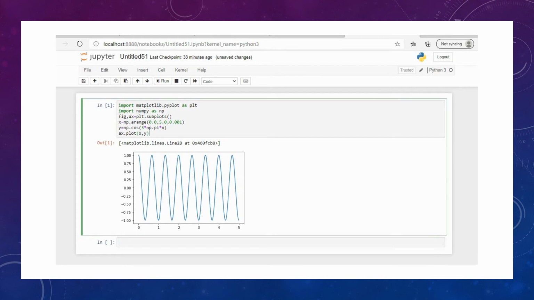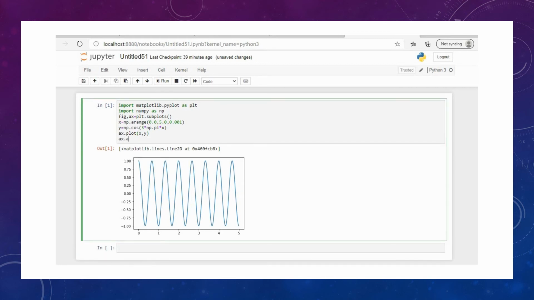So let's try to annotate on this. So I'm writing ax.annotate as a function. What it takes first is the comment that we want to print. So I'm giving maxima as a comment. This comment will be printed for which point? So let's see the point. If you see this, you can take any point, but here I am taking x equal to 2 and y equal to 1. So xy equal to 2 comma 1. So at this point I will be commenting.